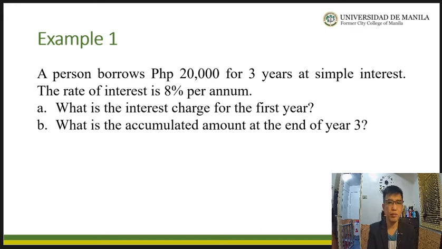We have two problems here. So basically, on the first problem, we are asked to determine the simple interest charge for the first year. What would be the interest for the first year? And the second one is the accumulated amount at the end of year 3. Okay, so for the solution for letter A,